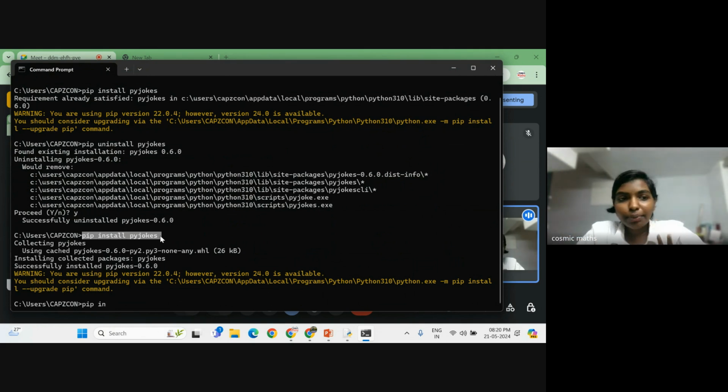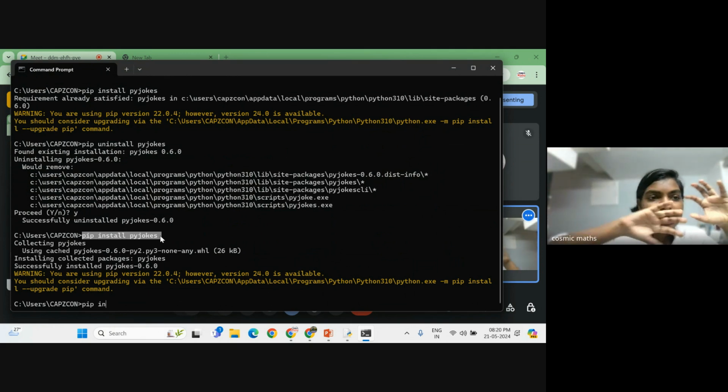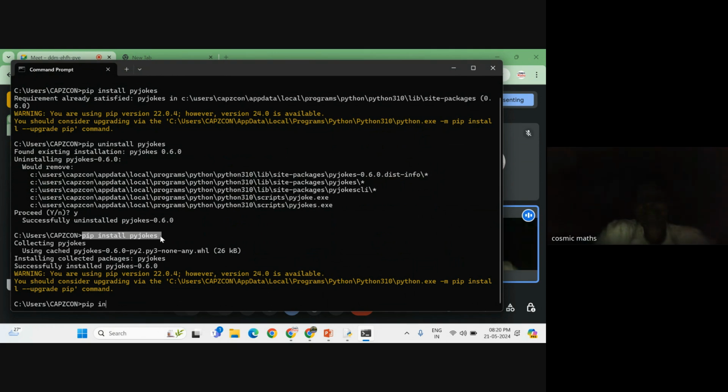So this is not the best practice. Whatever I've done right now, I've just installed it in the default location, in my users directory. But when we're doing a project, we'll create something called an environment variable, because that will prevent